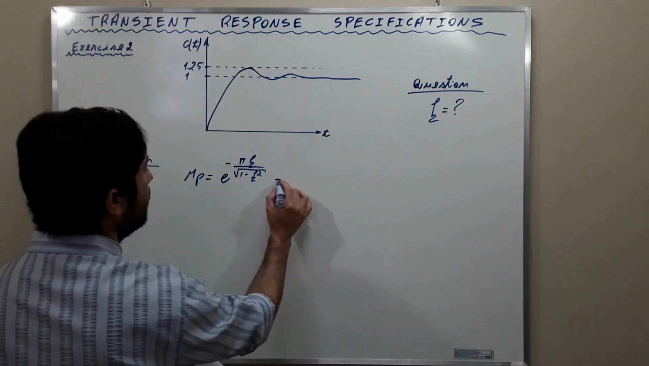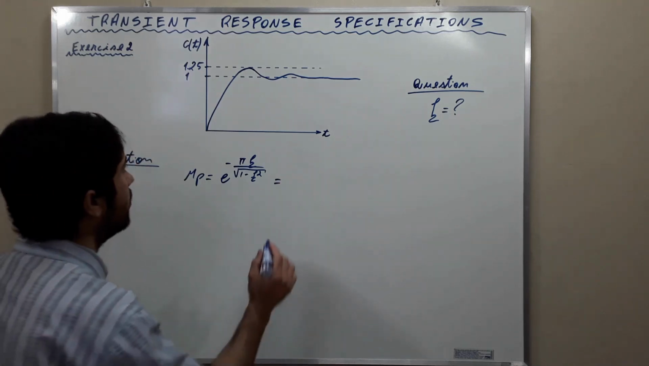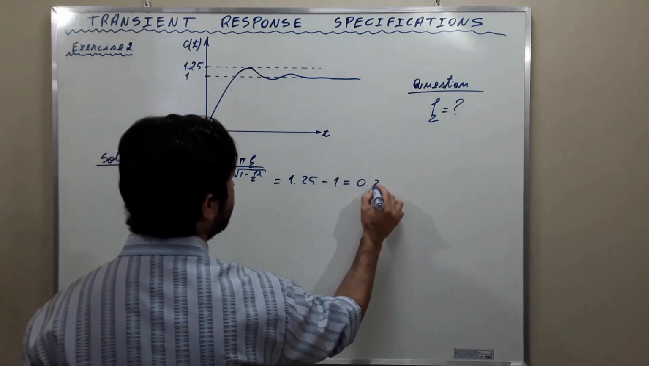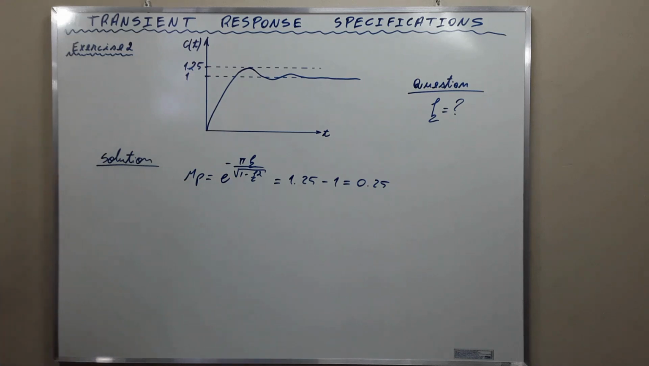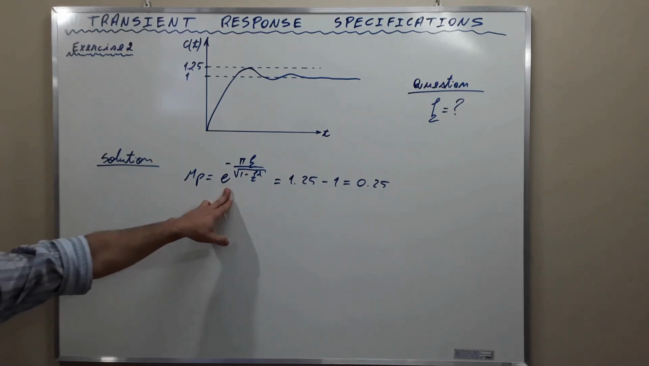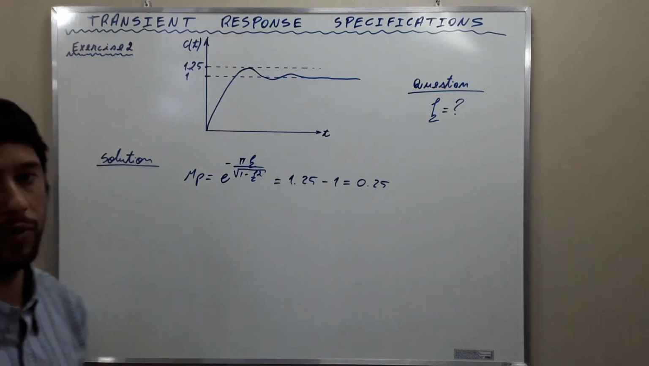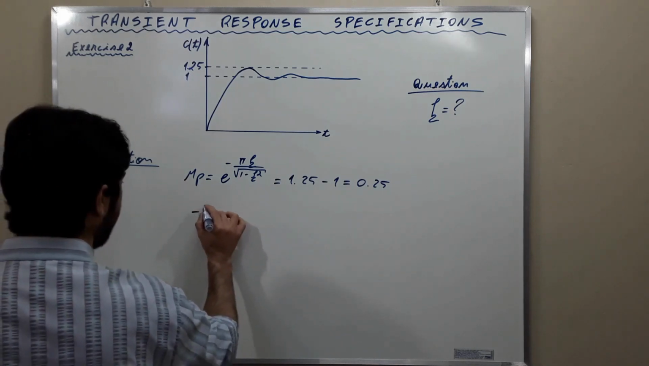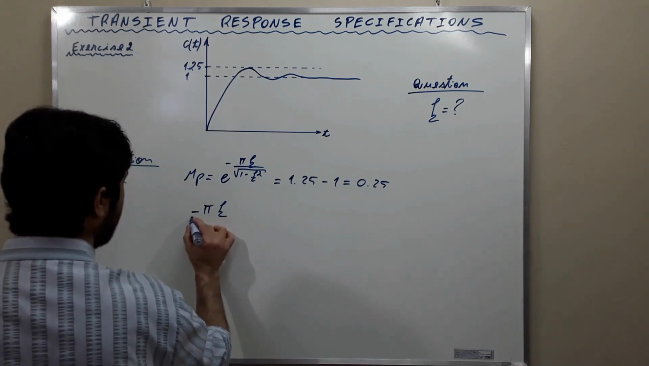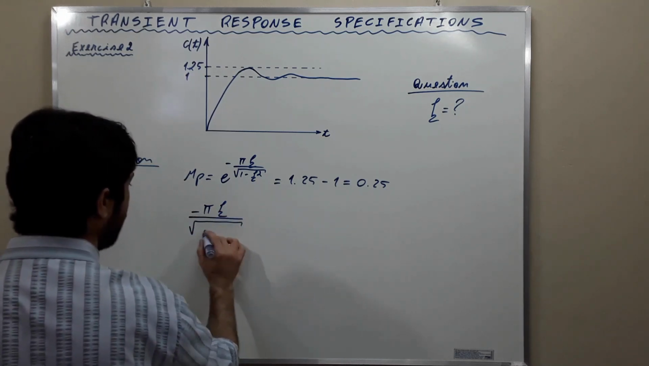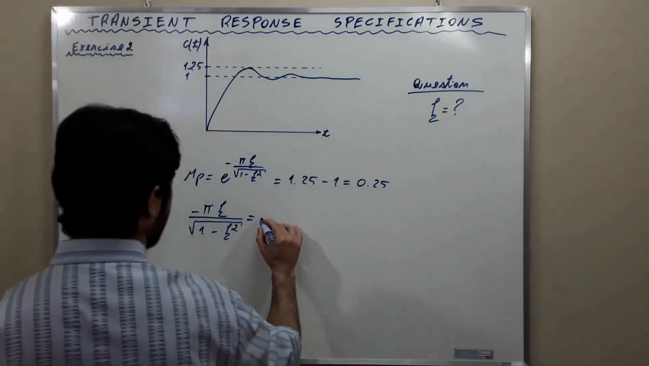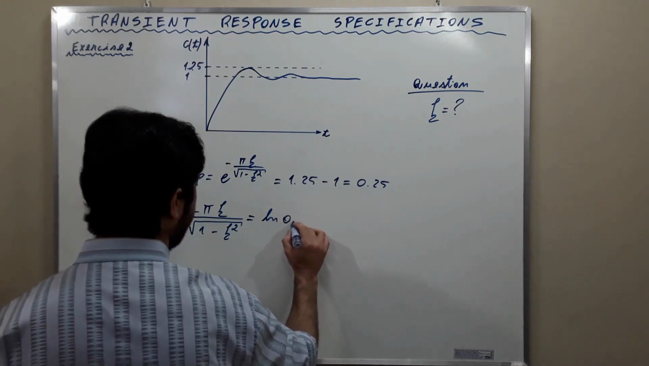And you can see that the maximum overshoot is 1.25 minus 1, which is 0.25. Okay? If we take the natural logarithm of this part and this part, we get minus pi zeta divided by the square root of 1 minus zeta squared equal to the natural logarithm of 0.25,